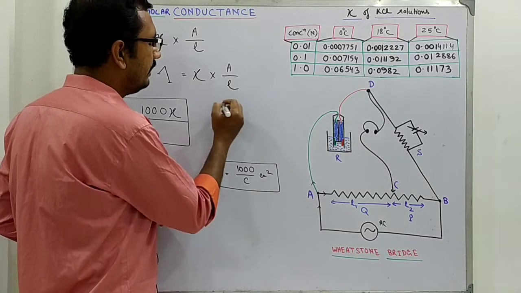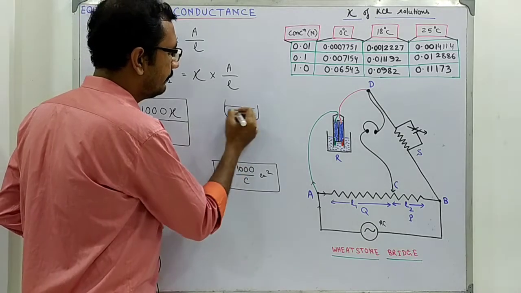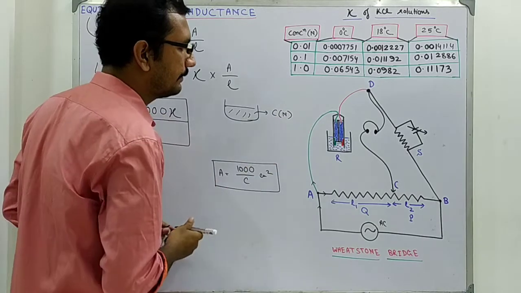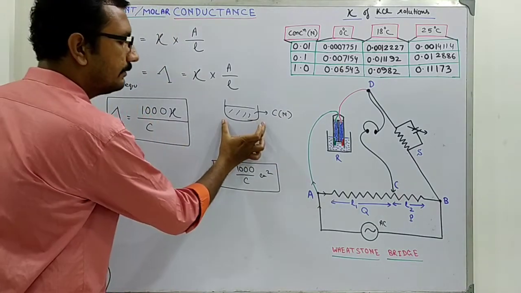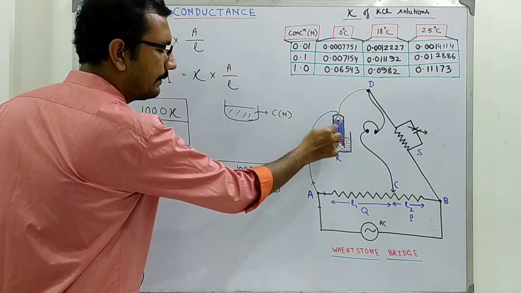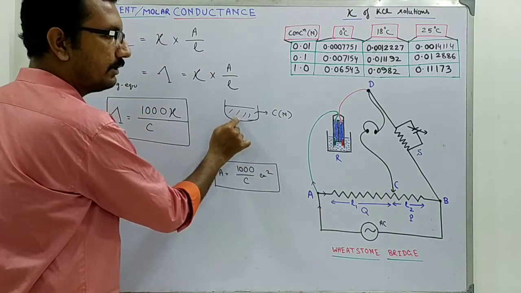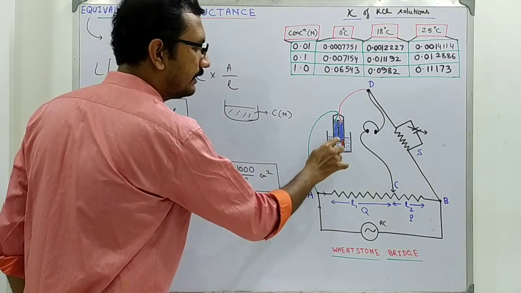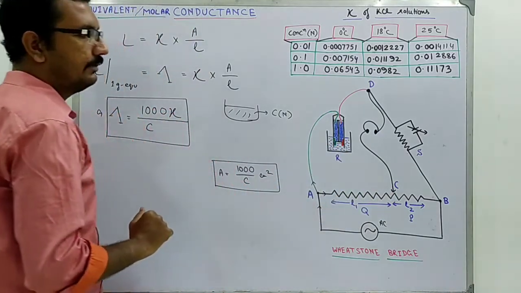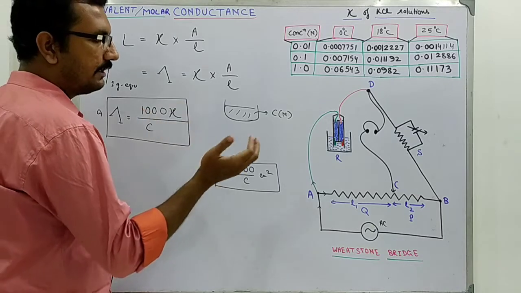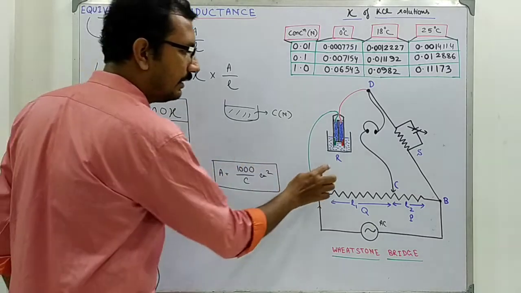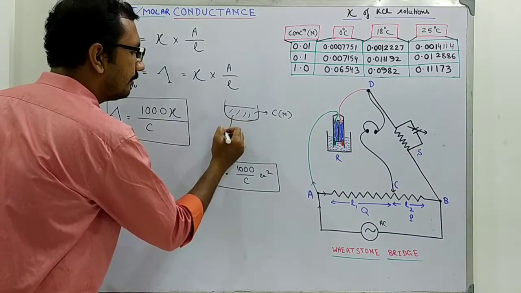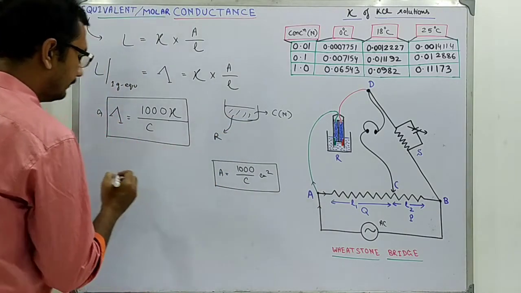So, they have given you an electrolytic solution whose concentration is C normal. You take this and put the conductivity cell in this electrolytic solution, and you connect this conductivity cell to the Wheatstone bridge, and using the procedure that is described in the previous lecture, you will have the resistance. So, you get the resistance of this solution.